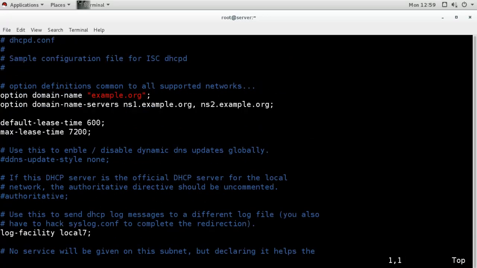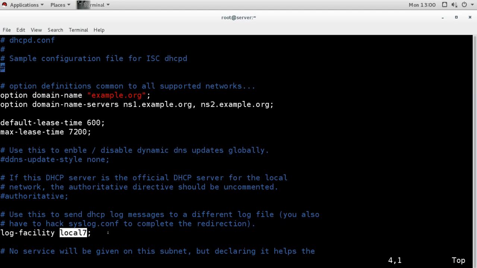Then this option is for logging. It is defining the log facility here. Which log facility is it using? Local 7, and all the local 7 messages are logged into the boot.log file under /var/log. So if it is defined here, by default it is the log facility. All the messages for the DHCP server will go to the boot.log file. We can change the behavior from here also, but by default it is going to be logged under boot.log.